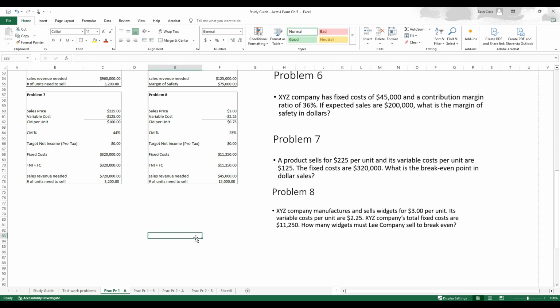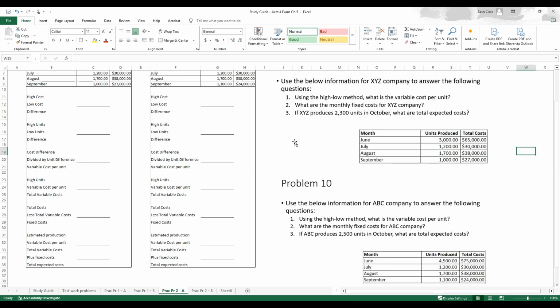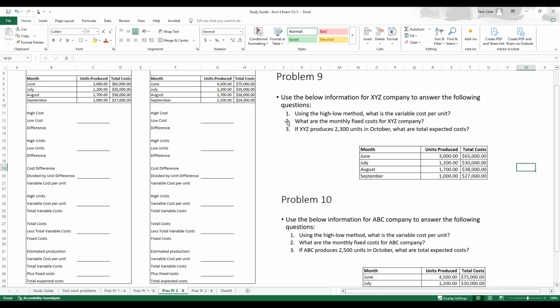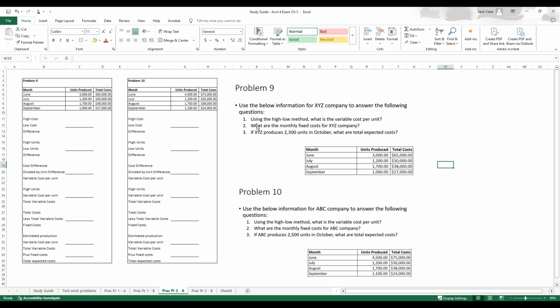Okay, that's all the problems on this first page. Let's look at 9 and 10. I just have a couple more problems to work on here, and these look at the high-low cost analysis process. Let me zoom out just a little bit. Okay, so I've got problem 9 here, and it asks us to use the below information